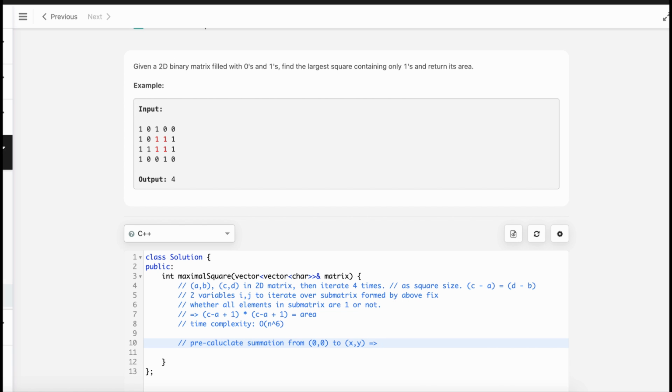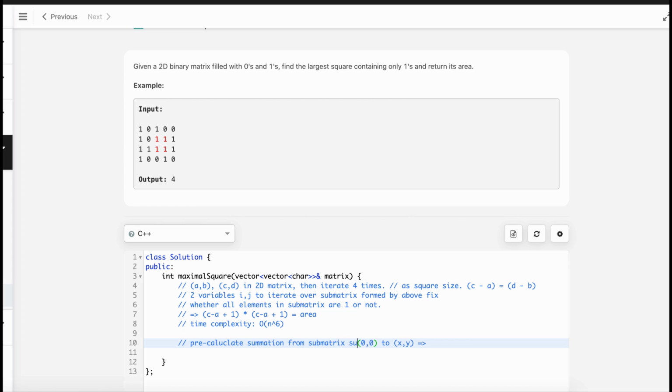So we can pre-calculate this summation, and at every point xy we will have a summation from the 0 0 matrix to the xy matrix. So the prefix submatrix sum,